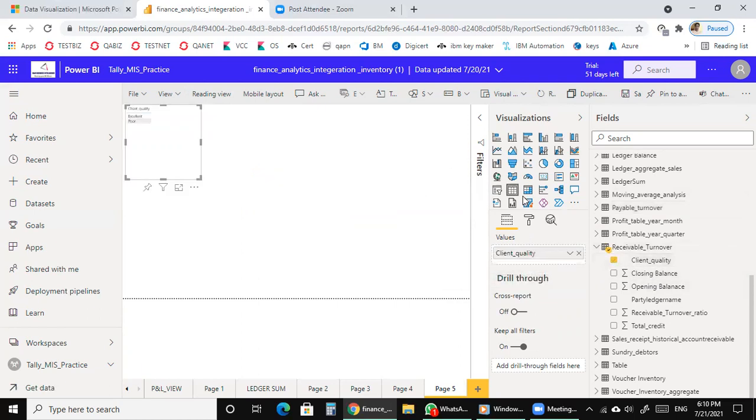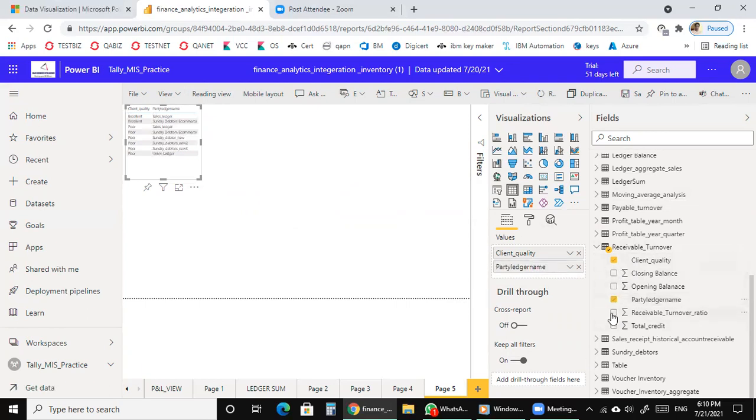Table, first I am going to use table, after client, party ledger, receivable turnover ratio.